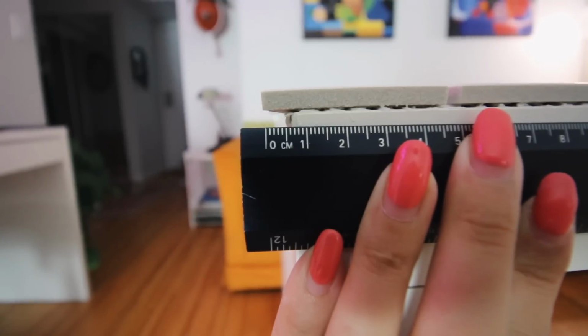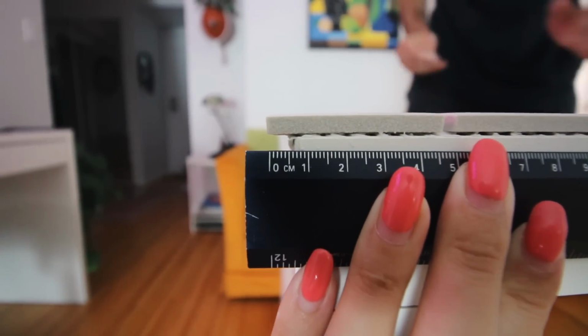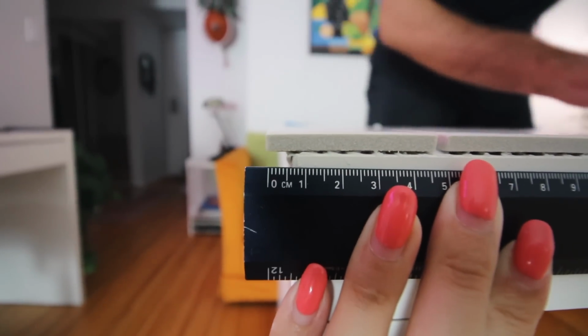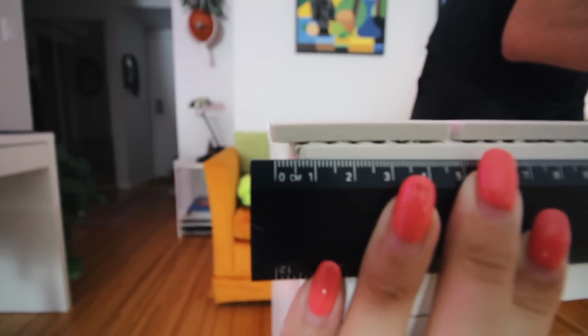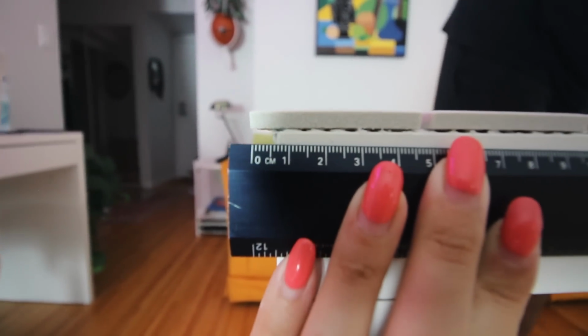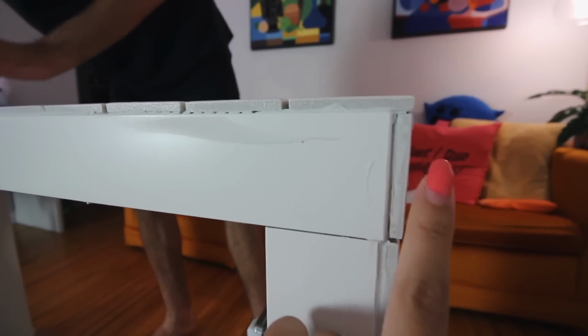So on the end here, since we have a bit of hang, we measured both sides and it's 7 millimeters of hang to the T, perfectly. So if you guys are using the same size tiles, then just make sure you have 7 millimeters off and it should fit really nicely. This is what it looks like with that 7 millimeter hang, and it kind of perfectly sits here, where it